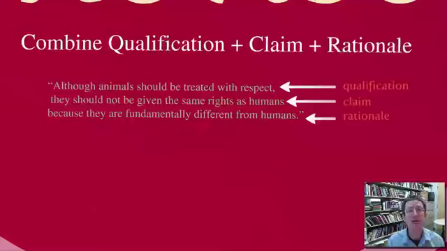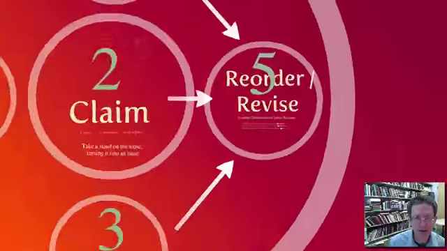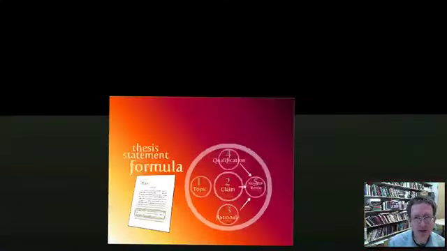It should, because it is a good, solid claim. It's very clear. The central part of that is very clear: that it should not be given the same rights as humans. It's a policy claim. It's introduced acknowledging there needs to be respect for life, for animal life. And then there's that rationale that is the last phrase there. Okay, so there it is. 5 steps that end up with 3 parts, and the order ends up being qualification, claim, rationale. That is your formula for how to write a good thesis statement.